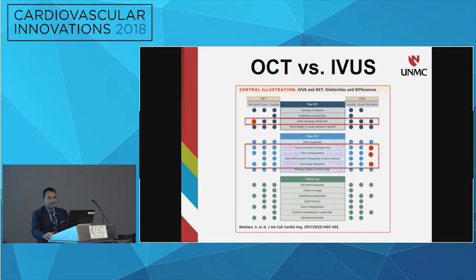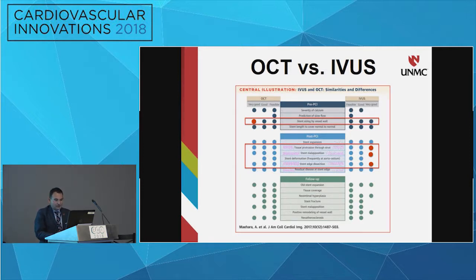Now, coming to the post-PCI, the major focus is to assess for tissue protrusion through the struts, for strut malapposition, and for stent edge dissection. And obviously, OCT gets points here. With the standard definition IVUS, we don't do very well in assessing those